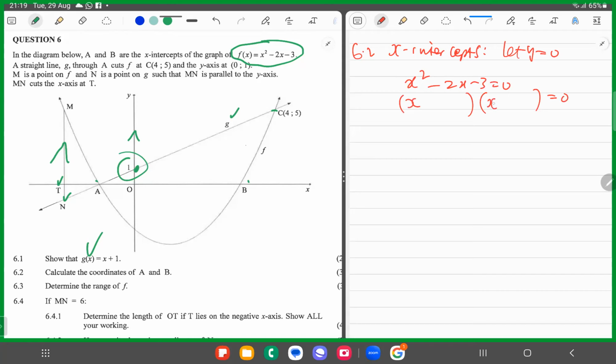Because of x squared, x and x, this is minus 3 plus 1, which means x is 3, so x is minus 1. So which means A has coordinates minus 1, 0, B has coordinates 3 and 0. Okay,